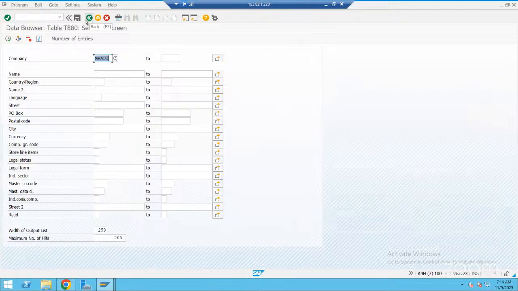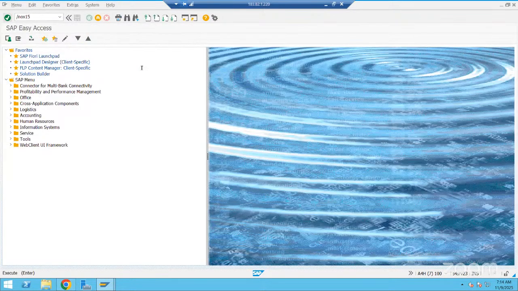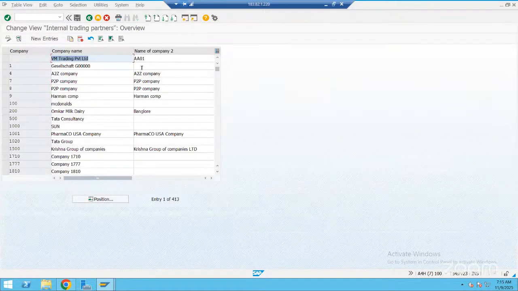Again, go to OX15. Observe, this type of screen we have seen earlier already. If you observe closely in earlier classes, it is the table maintenance view. This is what we have seen through SM30.